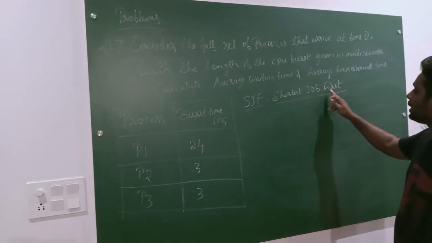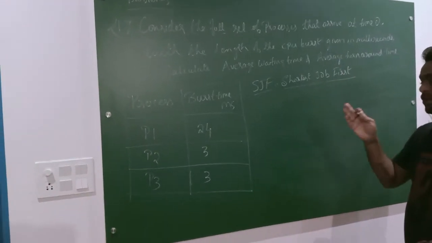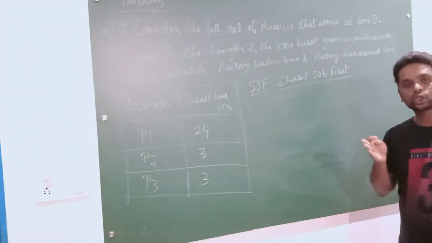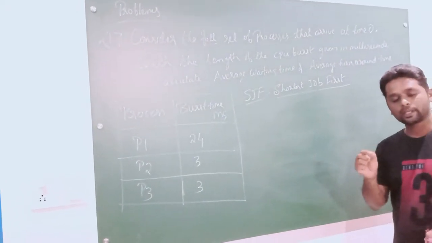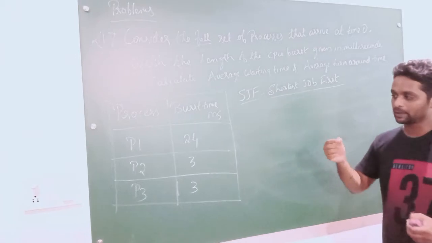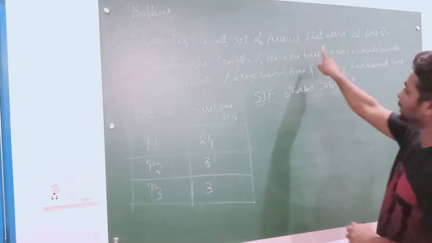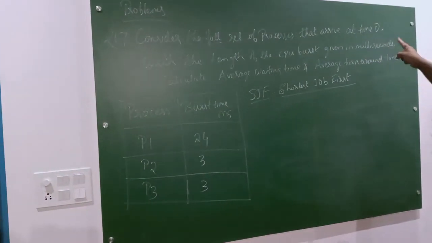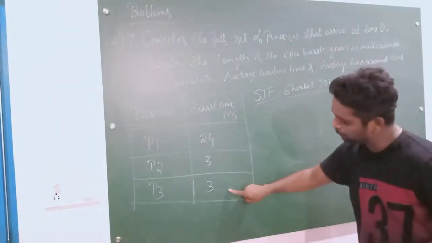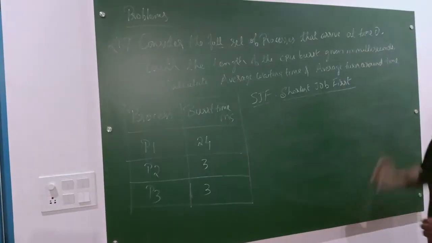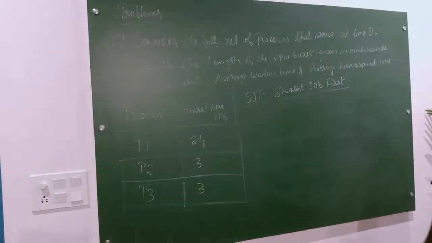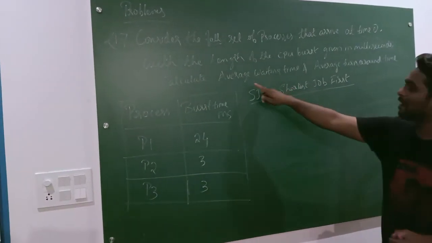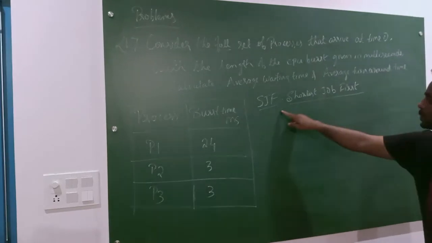So to overcome that particular problem, what exactly you are going to do is use SJF, the name only indicates shortest job first. Whichever process has the shortest burst time, that will execute first. So here the same question: consider the following set of processes that arrive at time 0. All three processes arrive at time 0 itself, and they have given the burst time of every process, and you need to calculate the average waiting time and average turnaround time